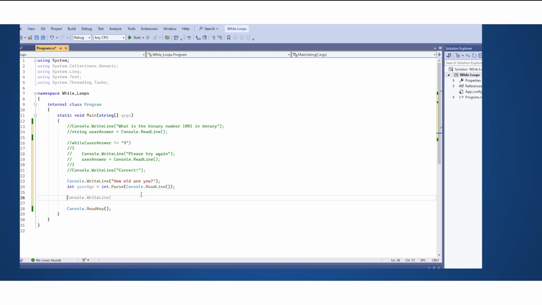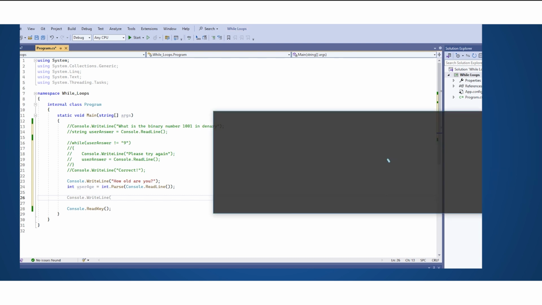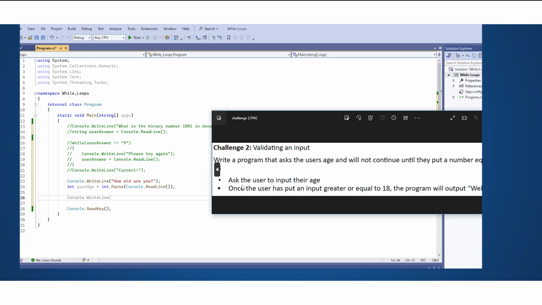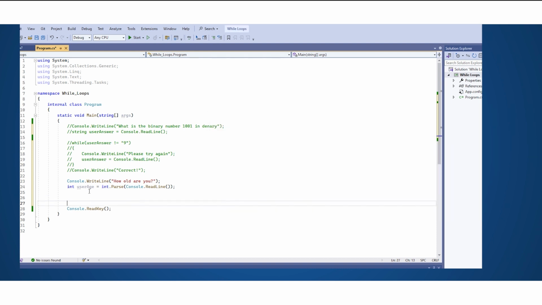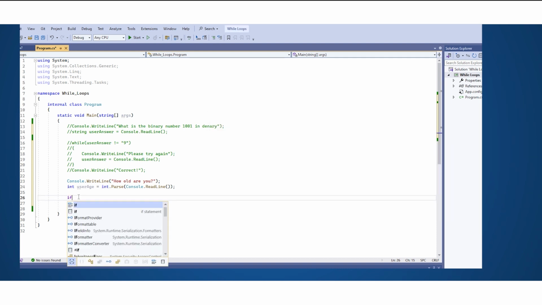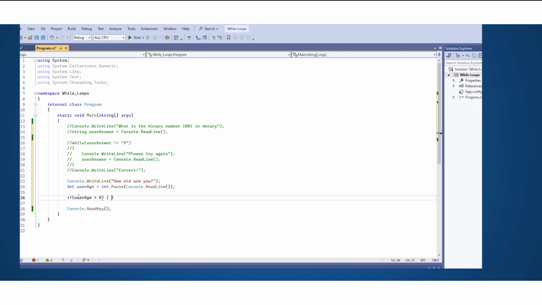So let's do the same method we did before. Let's do it as an if statement first, and then change it to a while loop. So let's double check what the challenge was actually asking us to do. So once the user has put an age greater than or equal to 18. So let's say if userAge is less than 18, then we want to input, so that's WriteLine,